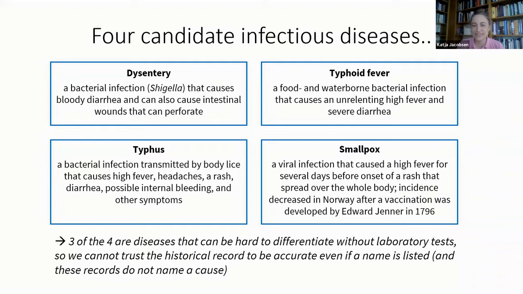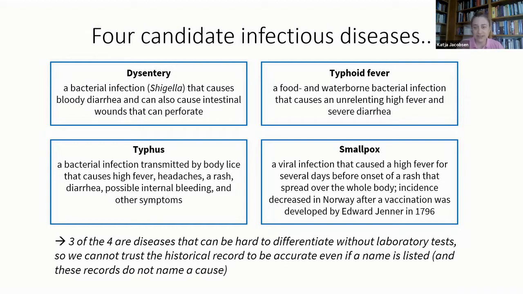So these are meaningful differences to us. Typhus is a bacterial infection transmitted by body lice that causes high fever, headaches, a rash, diarrhea, possible internal bleeding, and other symptoms. And then the 4th one is completely different because it is not a diarrheal disease, smallpox, which